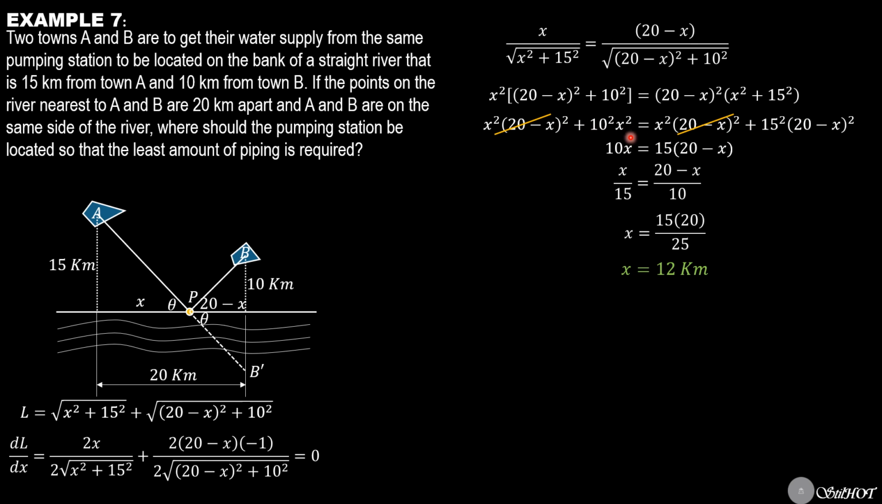So we have 10 squared x squared equals 15 squared times quantity 20 minus x squared. We extract the square root, so we have 10x equals 15 times quantity 20 minus x. Rearranging, x over 15 equals 20 minus x over 10. So you have to experience this problem. Of course, common sense, the shortest or the